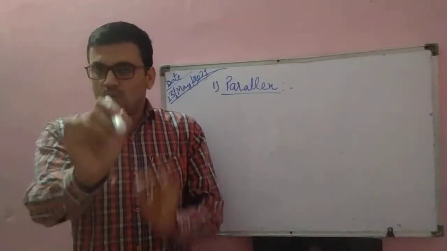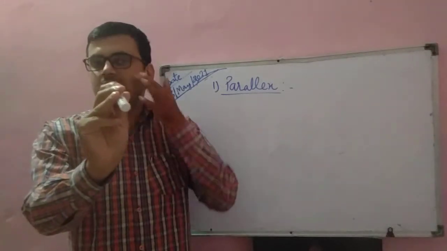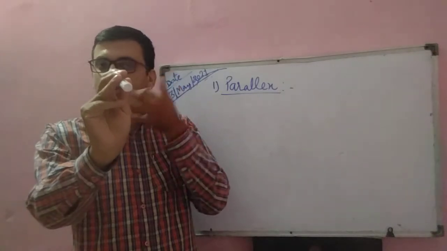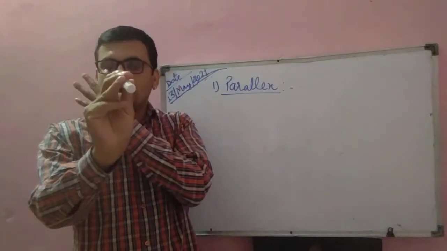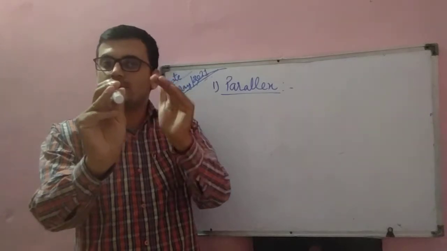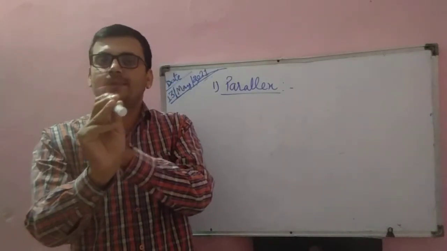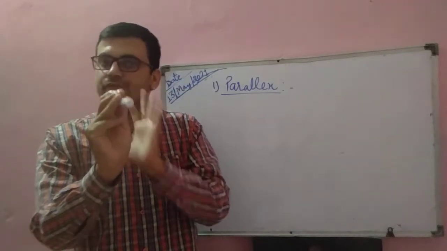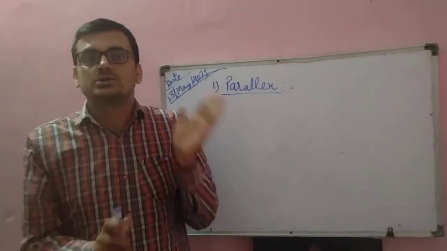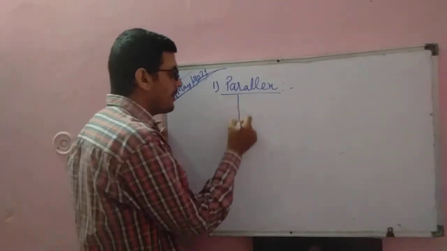I am explaining again. Beta, you put this pen or any object in front of your face and close one eye and see this object. Then you close the other eye and see this object. You will notice that the position of the pen will change, though you have kept it fixed. So the meaning of parallax is